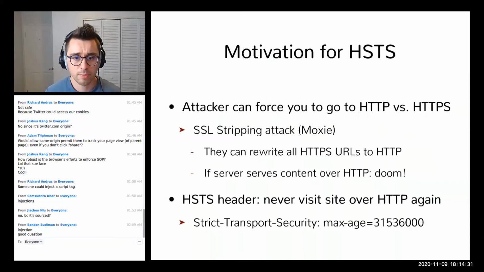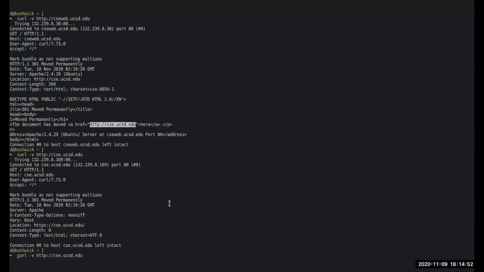This basically tells the browser, hey, from here on out, you will never visit this web page over HTTP again, right? So if I've ever made a connection over HTTPS to say csc.ucsd.edu, this thing should only serve things over HTTPS. Your browser should only make connections over HTTPS from now on. So now if we look back at our piece of code, let's see if